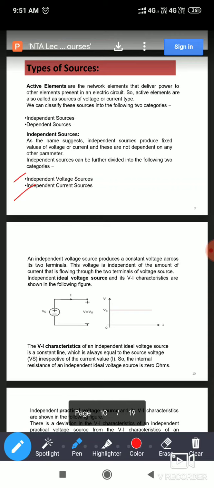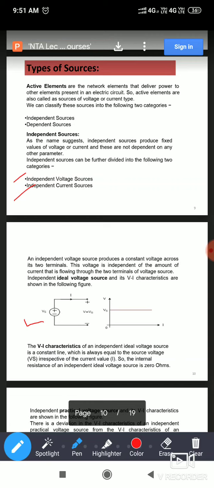Now, how do we identify this is a voltage source and this is a current source? Is there any symbol? Yes, obviously the symbols are there. If you observe here, this will be the symbol of a voltage source. It is a circle, and in the circle the polarity is mentioned, the positive plate and negative plate. What is the value here? Vs. Vs is a variable, it may take any value. So this is the independent voltage source.